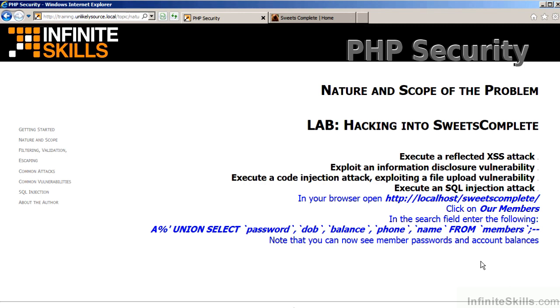In the browser, go to localhost Suites Complete. Click on Our Members. In the Search field, which is just above the list of members, enter the following SQL fragment. $, which ends the SQL-like statement. You will then type in union select, followed by 5 fields: password, date of birth, DOB, balance, phone, name, from